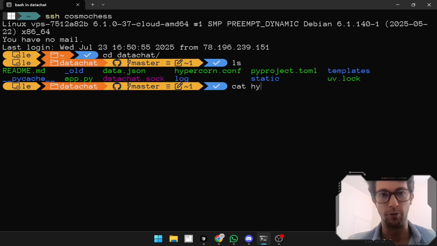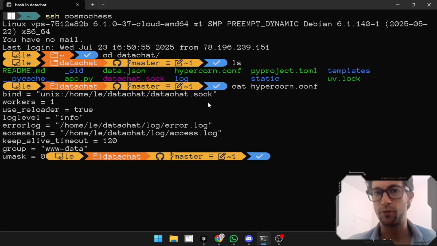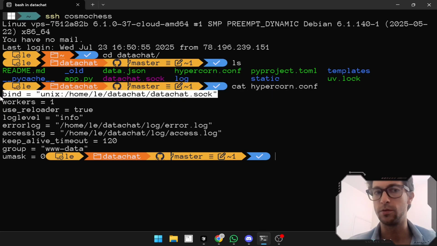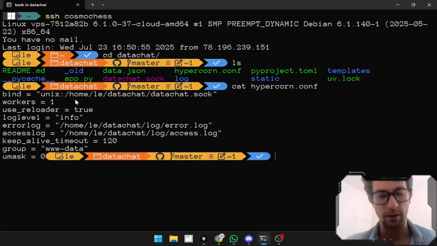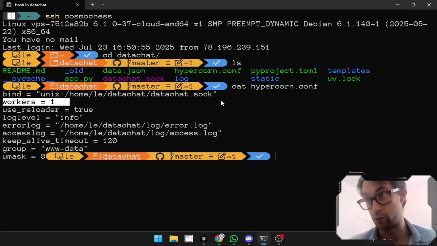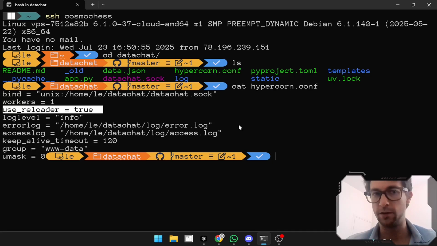And if we take a look at hypercorn.conf, we can see a lot of stuff. The first one, we are still able to use a Unix bind, so this is my preferred way of making processes communicate. Fantastic. This is the syntax. I had a lot of trouble with it, so try to respect it. I can specify the number of workers. I only want one worker because the VPS only has one virtual core, so multiple workers in parallel won't be of much use. We have the auto reload feature